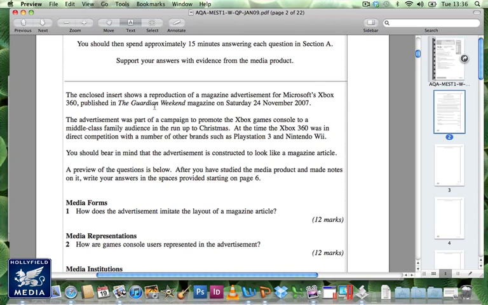Also, the Guardian Weekend magazine. That's where it was published. So I would also underline that information, because the Guardian, obviously we know a bit about the Guardian being a broadsheet paper. It probably has quite a middle class, intelligent audience. So that's something to be aware of. And they're usually a little bit younger. They're not the older audience, but not too young, obviously, not teenagers and things like that, because it's a newspaper. So bear that in mind. And it's their magazine on the weekend.